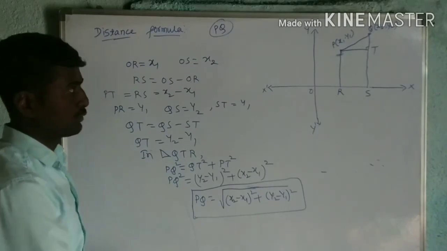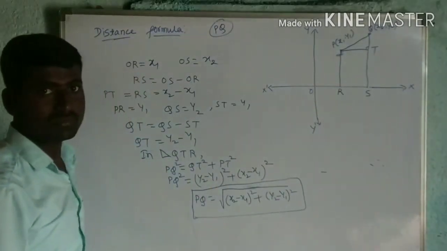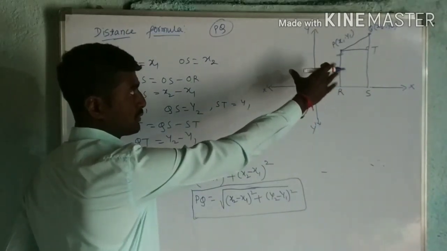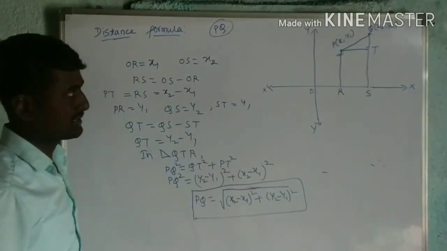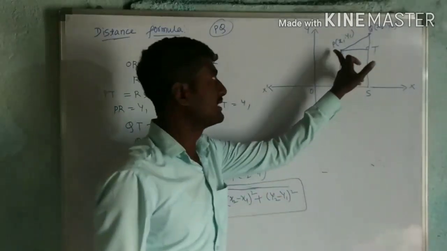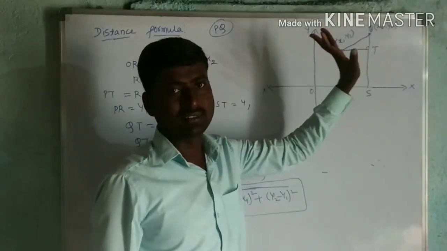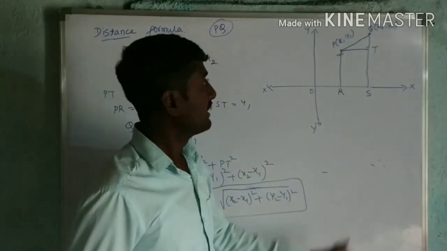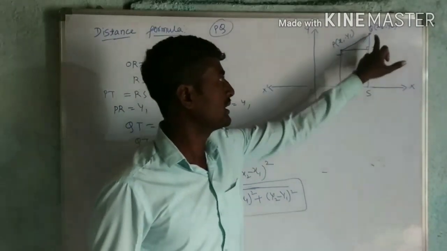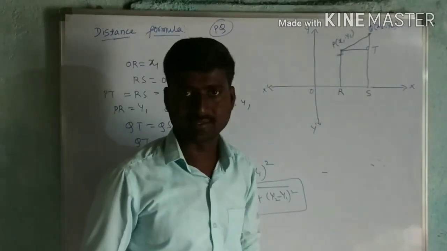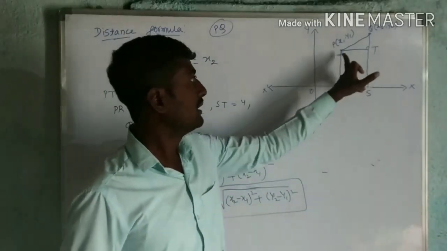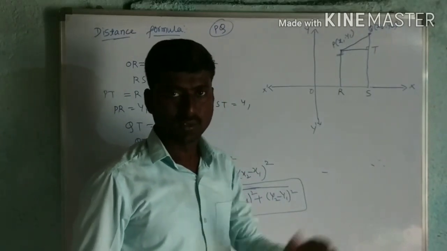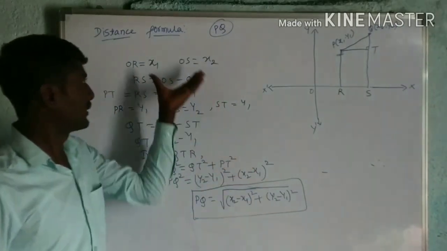So first you draw this diagram. Write some statements related to this diagram. Let us consider P and Q are 2 points, P(x1, y1) and Q(x2, y2). Then draw lines PR and QS perpendicular to the x-axis. This is done. And also draw PT perpendicular to QS. You mention this, then write this as it is.